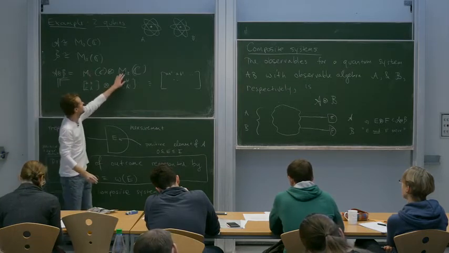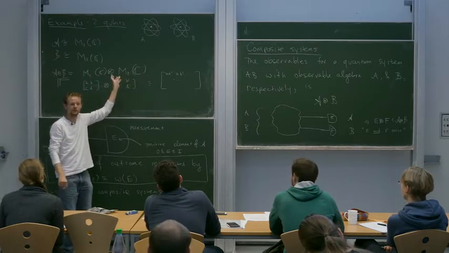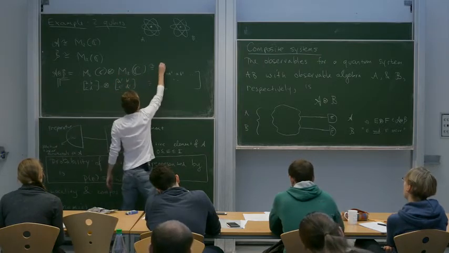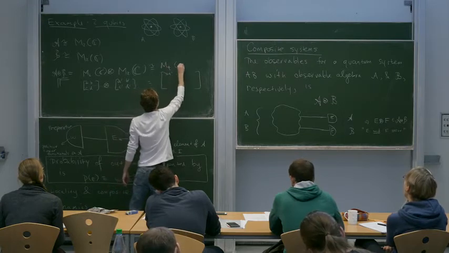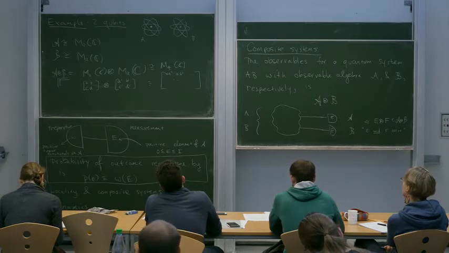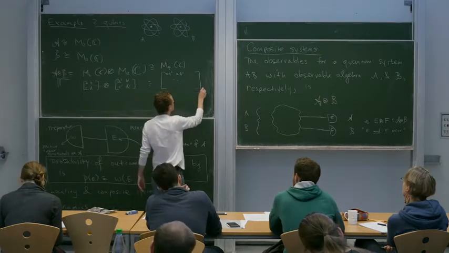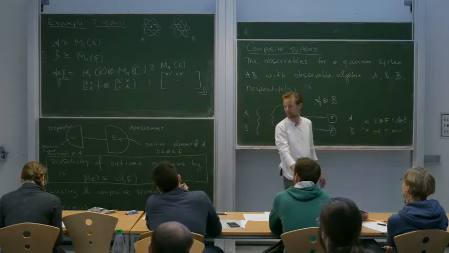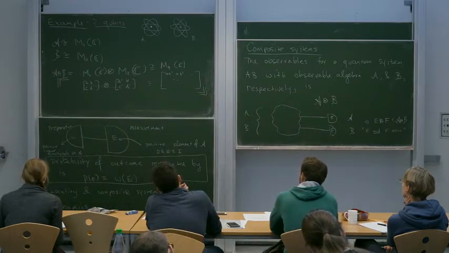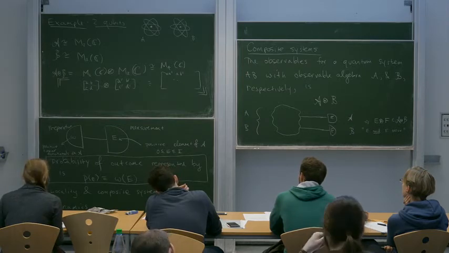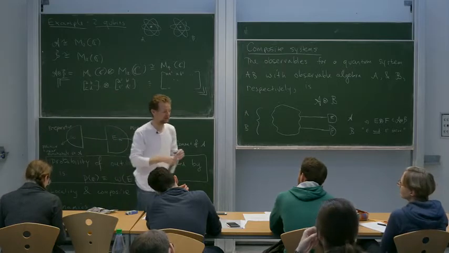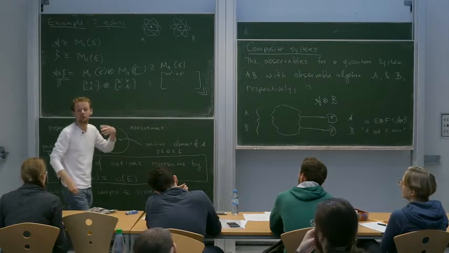So M2 tensor M2, the 2 by 2 matrices tensor the 2 by 2 matrices, is none other than the set of the 4 by 4 matrices. The observables corresponding to questions we can ask about two qubits is the set of all 4 by 4 matrices,